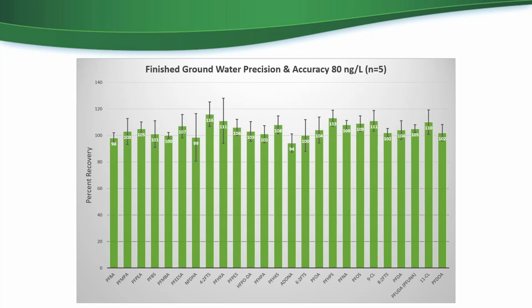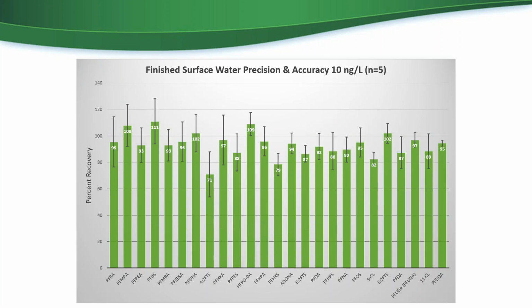And then again, finished groundwater at 80 nanograms in surface water. And if you see, some of these things are not consistently bad actors. Some of them tend to be a little bit, like 4,2-telomer sulfonate. We've always had matrix issues with that compound. Even with the correction from the isotopes, we still have had issues, and that's one particular target we've not solved